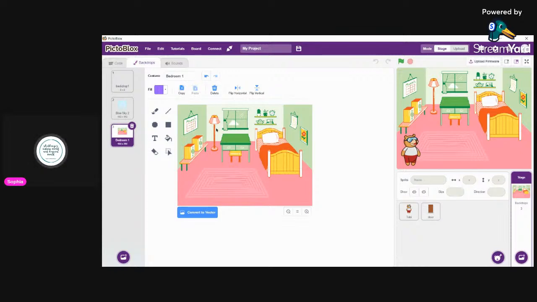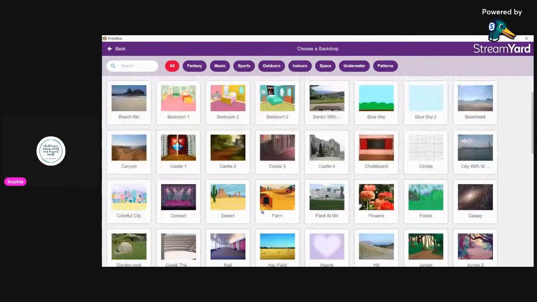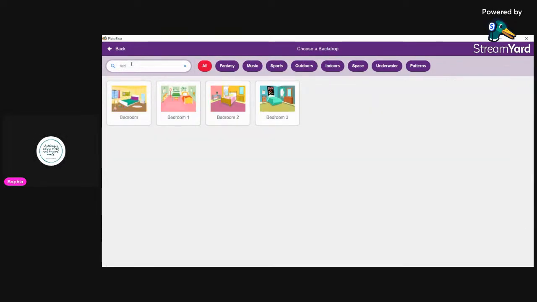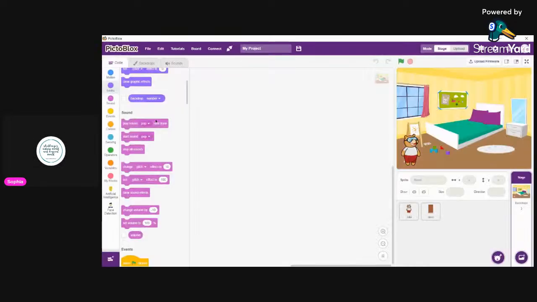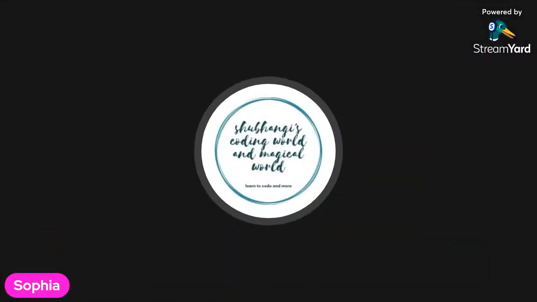Okay. Now you can add elements into this. You can choose any background you want. So let's check out more. Okay, so we have a bedroom, normal bedroom. I think I'm going to choose this because this looks better. So now what we need to do, we need to find some images, like a fan